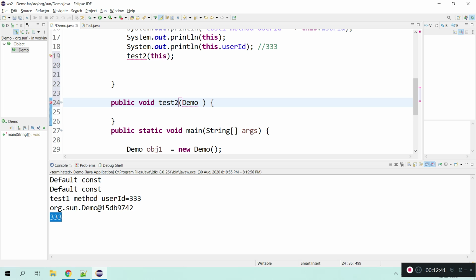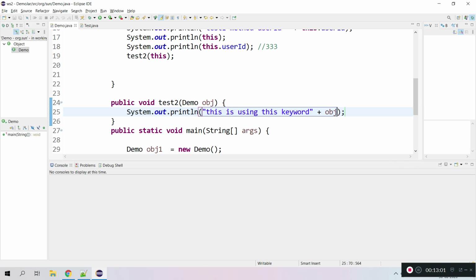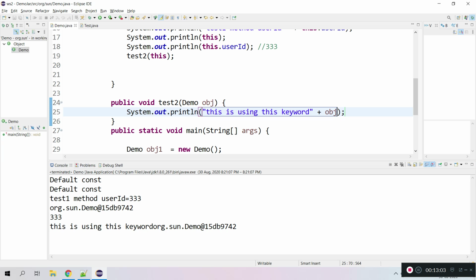With Demo obj, I can print this using the this keyword, and I can also print this one. So the this keyword will be printed here. See, the object is printed. So we can pass the this keyword to a method call.